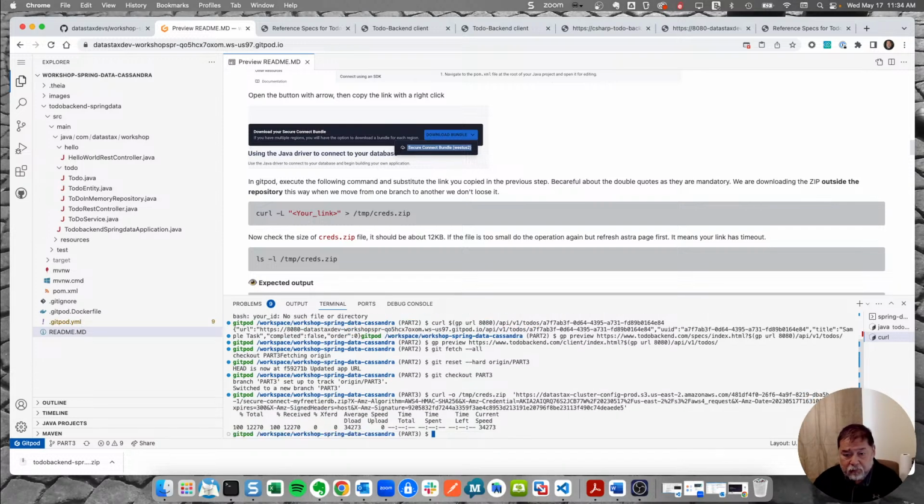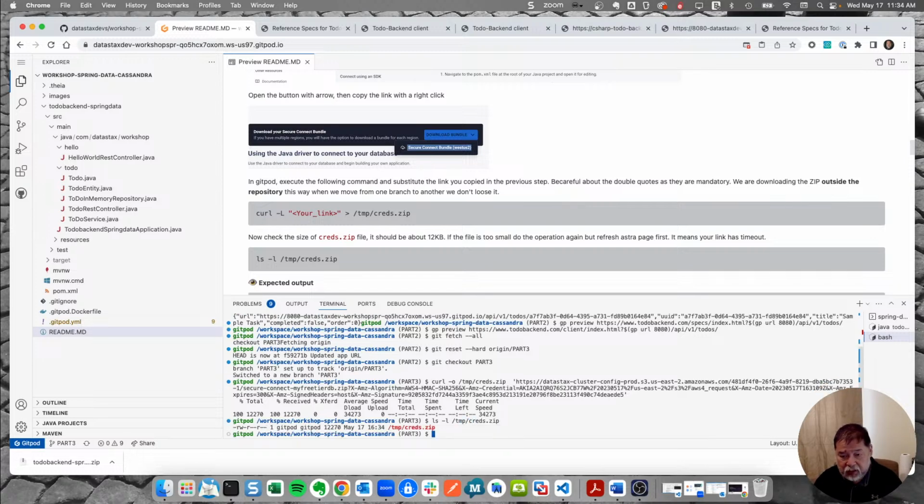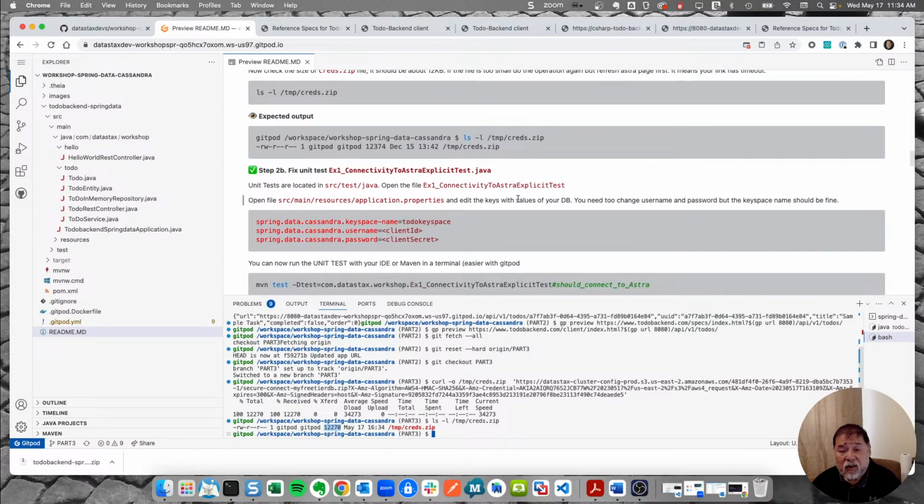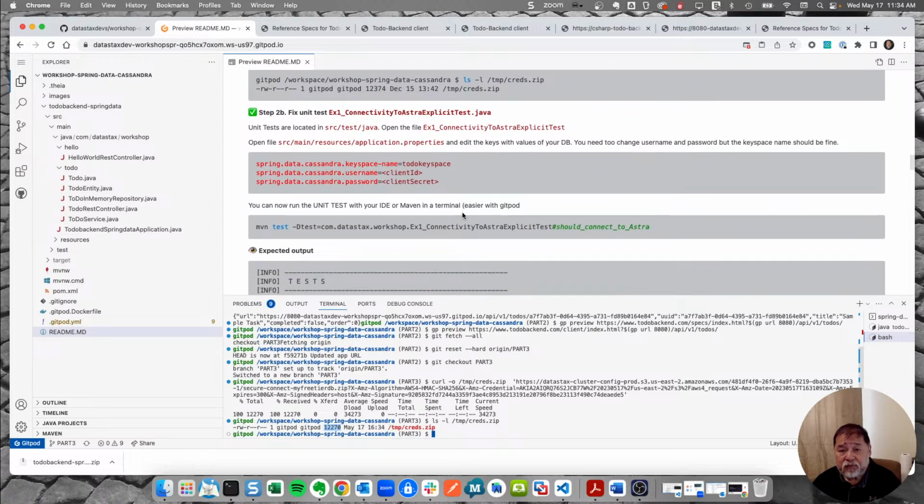Okay. It's downloading, and now I'm going to take a look at it. ls -l temp/creds.zip, and I see the file is there, and it's not zero size, so that's roughly the right size, 12374, 12270, close enough. All right, the next thing I'm going to do is I'm going to configure the application properties